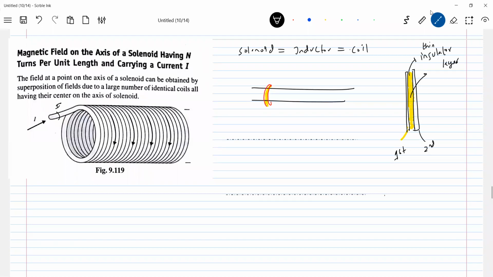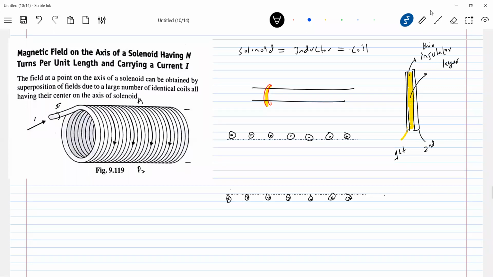If a current enters, look at this particular thing only, I'm showing the current here. Let this be the point P1, this P2. At P1, what you expect is that the current is coming out. There's a physical circuit and an electrical circuit. The solenoid we show like this. So here it should be out-of-the-plane current. Now the direction of B is the direction of current here, and these are into the plane. It is as good as a ring, no?